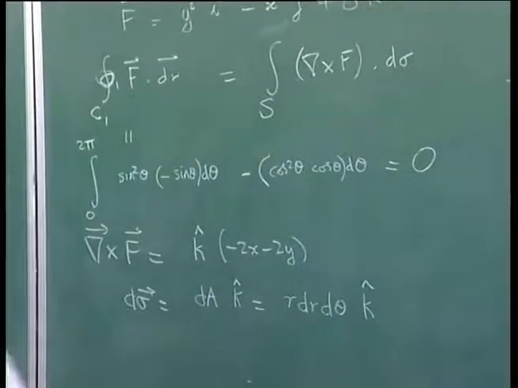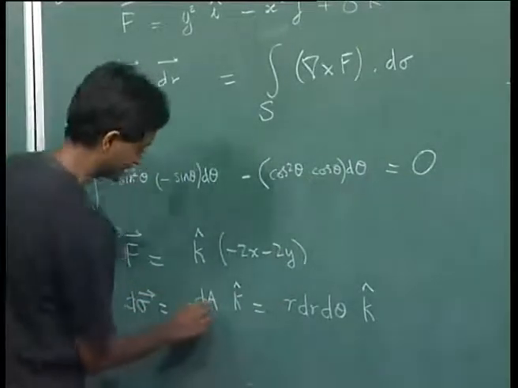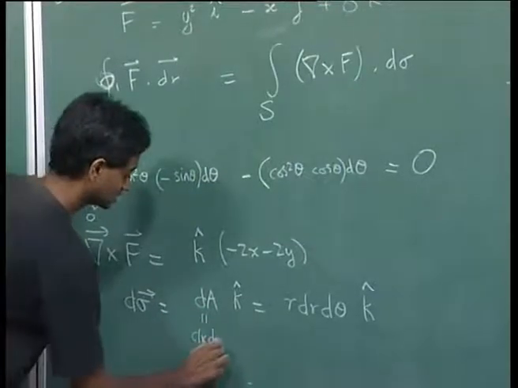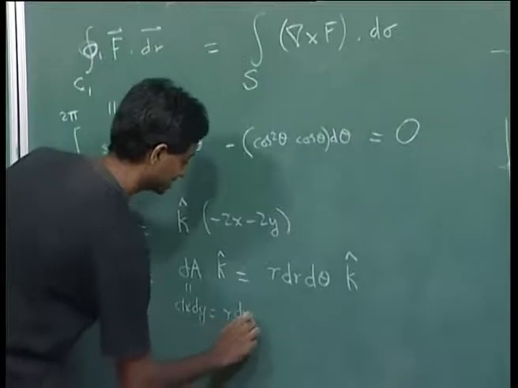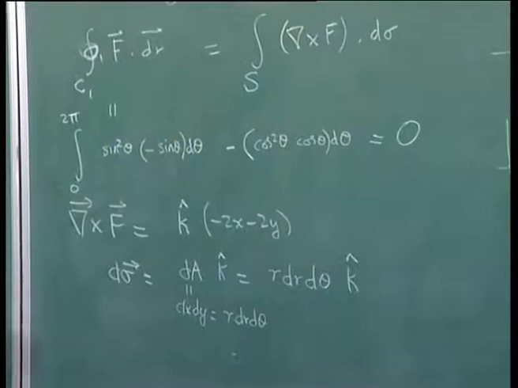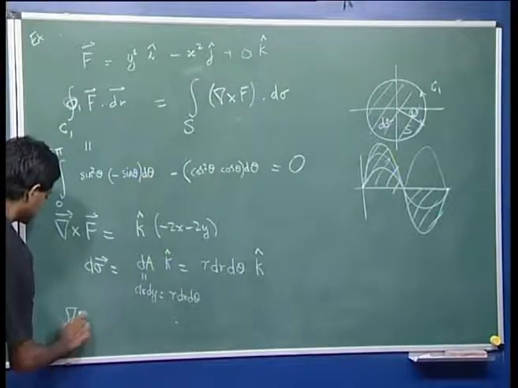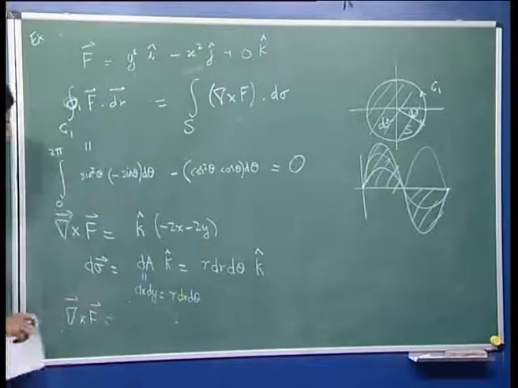Okay, so dA in Cartesian coordinates is equal to dx dy. In polar coordinates, this works out to be r dr d theta. Okay. So if you put this together, what you get is del cross f is equal to